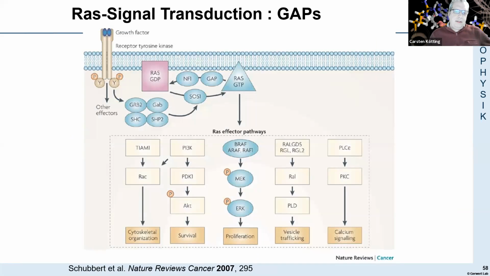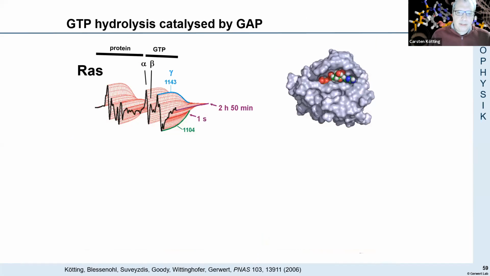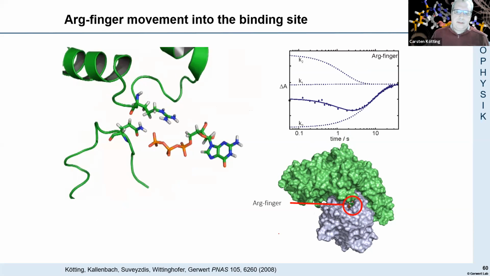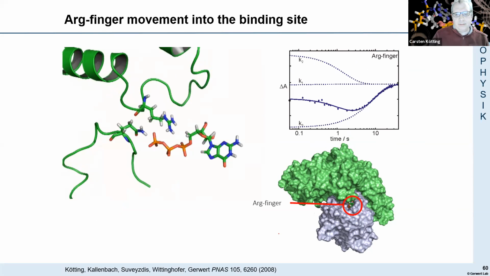Coming back to this picture, I told you that there's also the GAP protein, which further accelerates the reaction. So you can also measure this. This was RAS alone. And then together with the GAP protein, you get actually two different intermediates. And now you can try to find the order of events there and see what's happening first in the hydrolysis reaction. And one example I will show you, this is the movement of the so-called arginine finger towards the binding